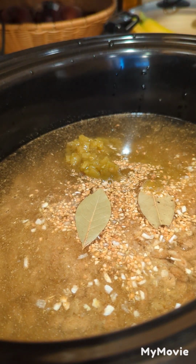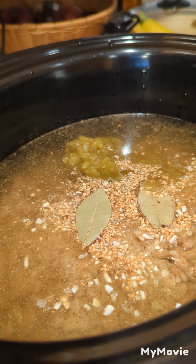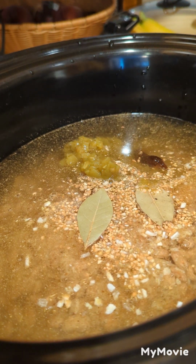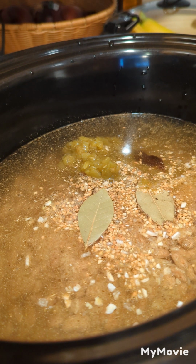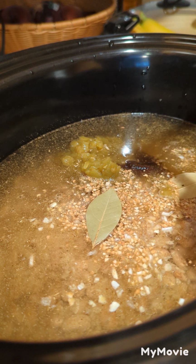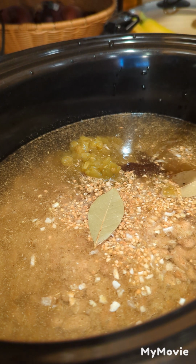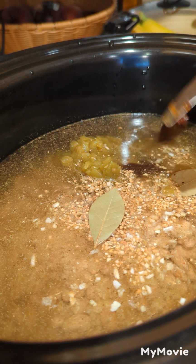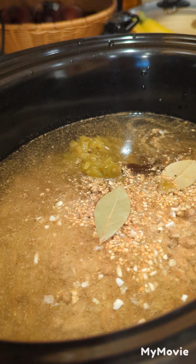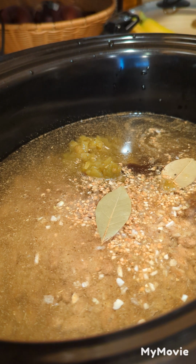Perfect. Okay. And then I'm going to add in 6 teaspoons of Better Than Bouillon because I did 6 cups of water. This is vegetable Better Than Bouillon. You could use chicken or beef or whatever. You could use chicken broth too. I just figured I'd use my vegetable one because I don't use it near as much as my other ones, and so it'd be a good way to use it. That would then also make these vegetarian if you're a vegetarian,